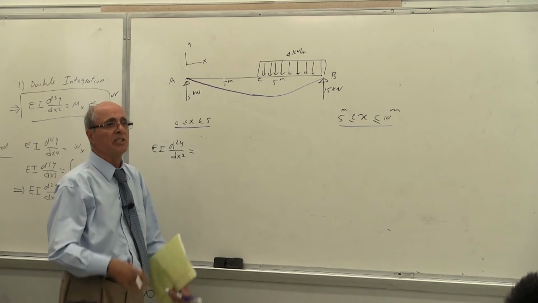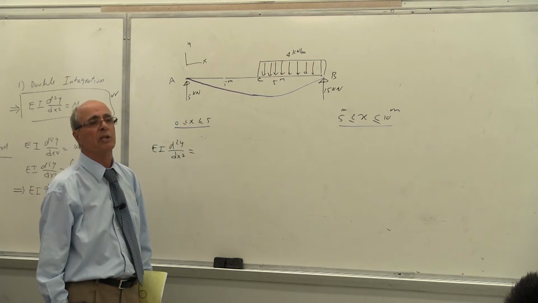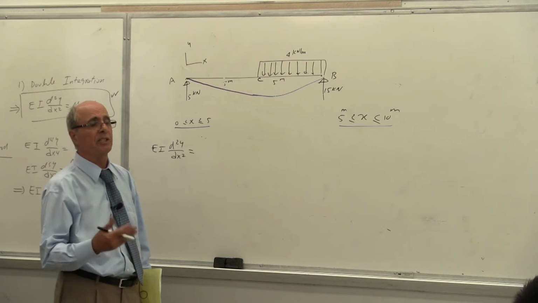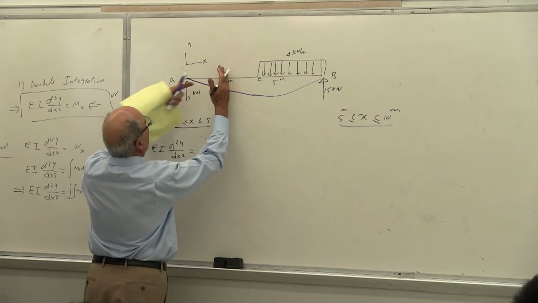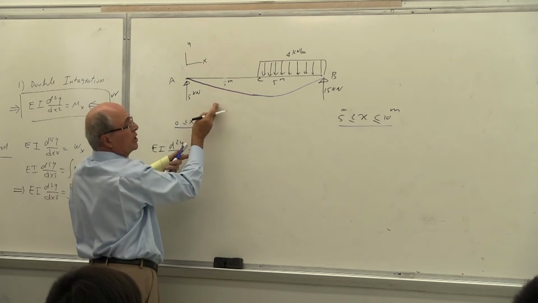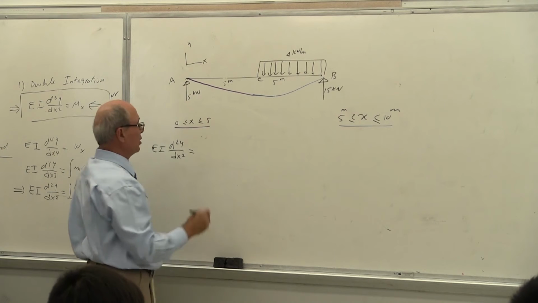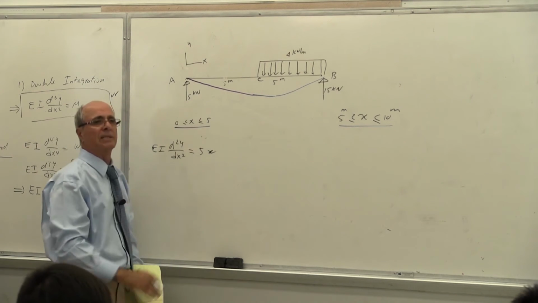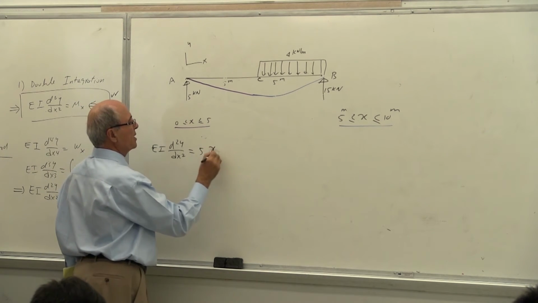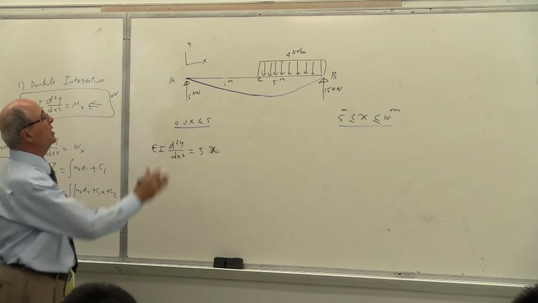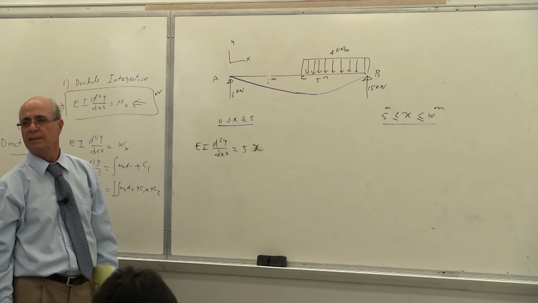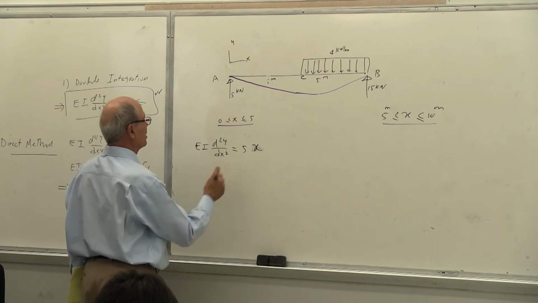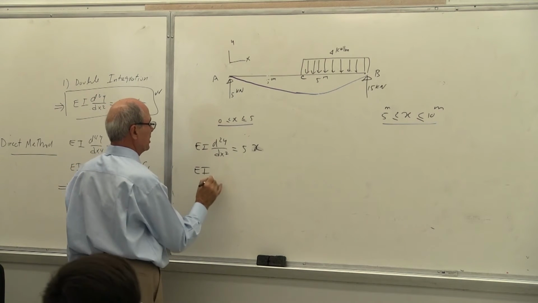Everybody understands. Otherwise, it's not the first time you are doing it during the quiz time. That's why it takes longer. Look, it is a routine. The action is 5 times x, yes or no? It's going this way, I want that way, yes or no? So it is 5 times x, as simple as that. This is the moment here, correct? There is nothing else, because as we go up further, it still is 5x. It's very simple, right? Because the other one had load, this one doesn't. Then let's go to the integration.